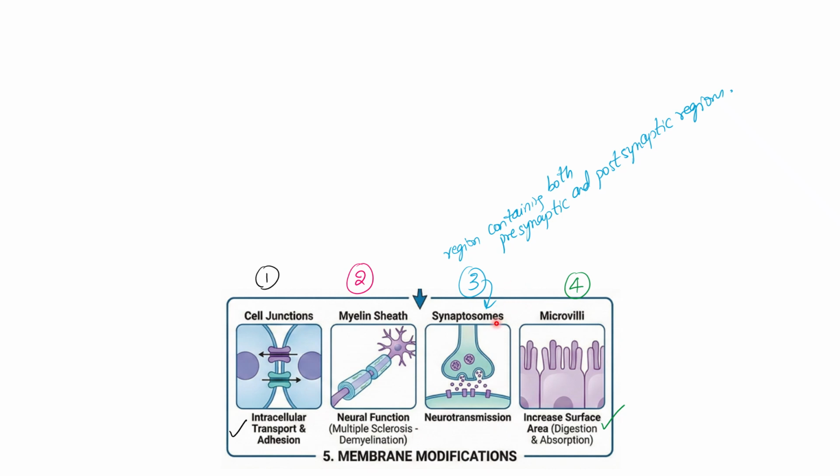Then coming to the formation of synaptosomes, we have already seen acetylcholine release, secretion, exocytosis. That is also because of a membrane modification. Synaptosome means the region containing both presynaptic and postsynaptic regions. That is where the neurotransmitters or the molecules needed are secreted. And finally, the intestinal epithelial cells, where the surface is modified into microvilli, which can increase the area of digestion and absorption. So, summary of the functions